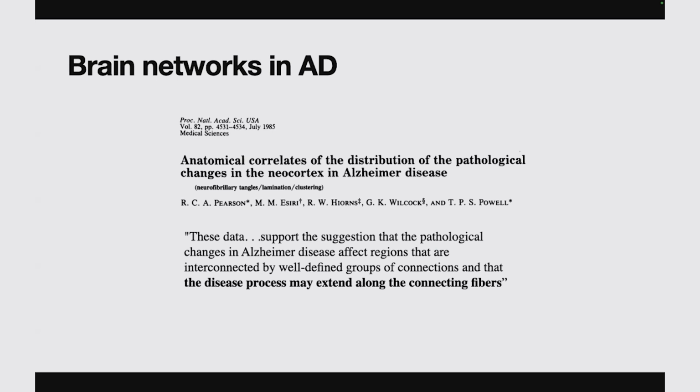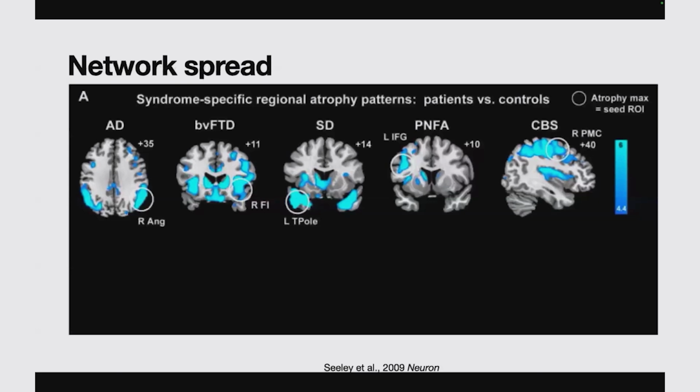So this was really the origin of the network spread hypothesis of neurodegenerative disease, which suggests that pathology can actually use the brain's intrinsic network architecture to spread, almost like an infectious disease uses a highway or airways to spread through the world. So fast forward 15 years, and this hypothesis really started taking off thanks to a seminal study